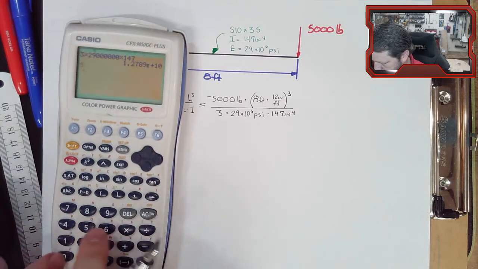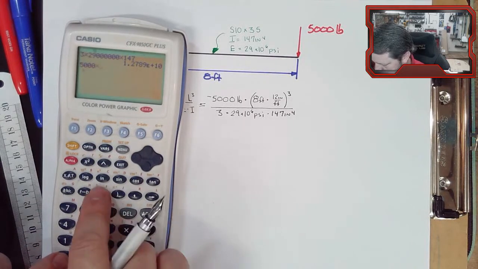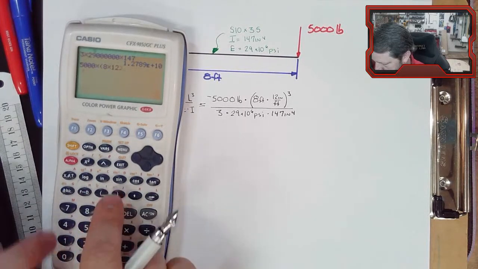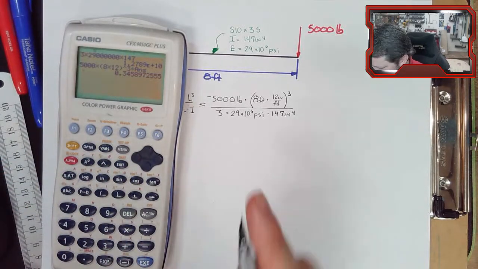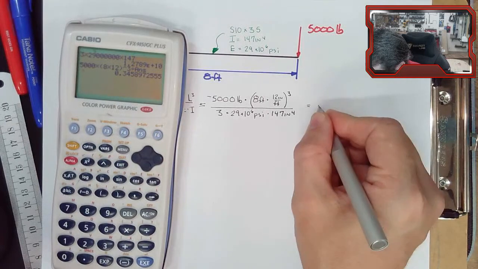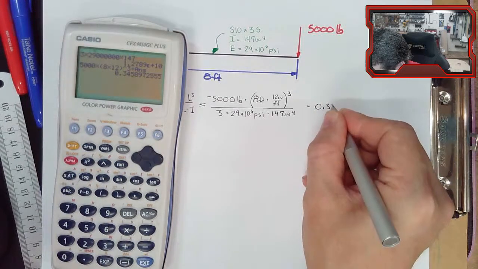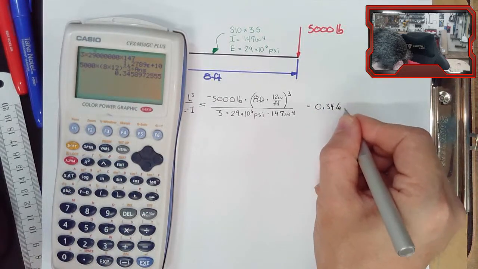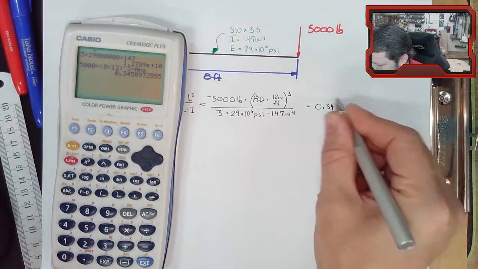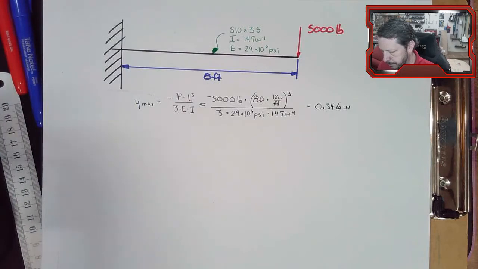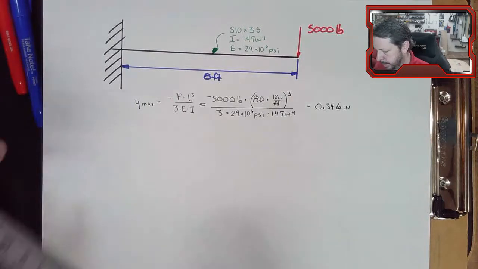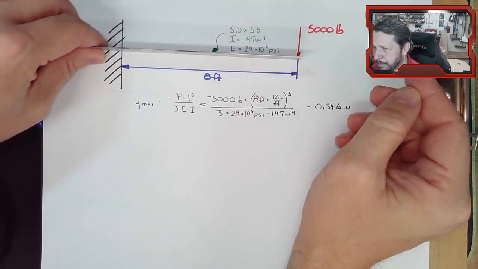All right, 5,000 times 8 times 12 cubed divided by that denominator. There we go. 0.346 inches. So this distance that we just calculated, that would be the distance that if we had our beam